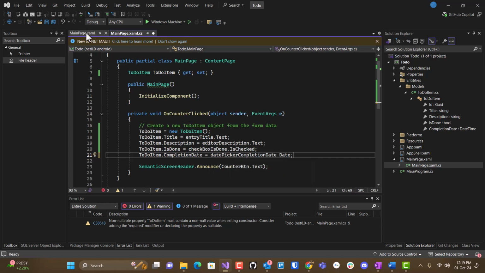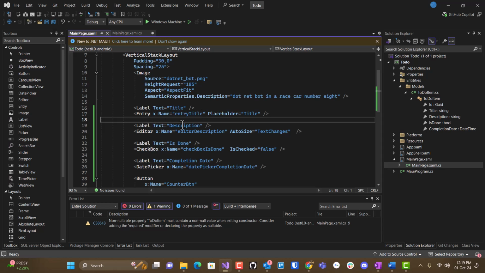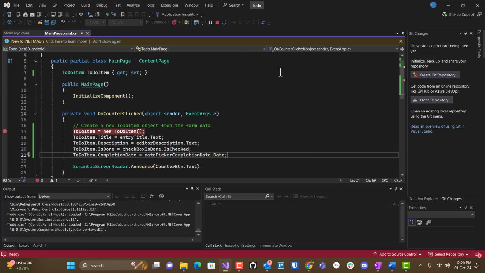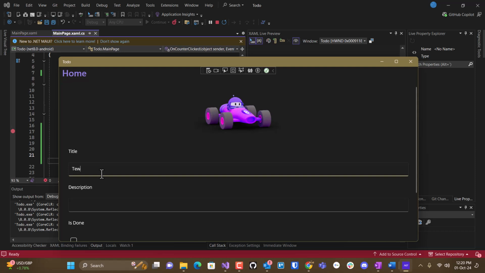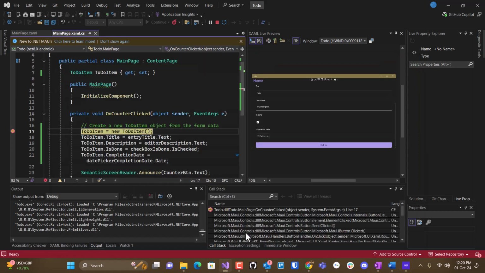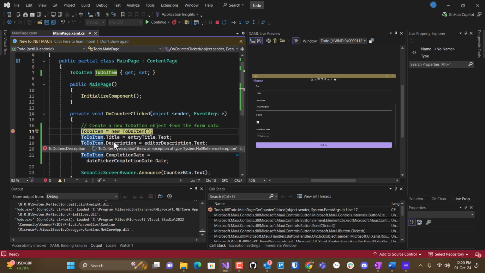So right now we're using the names. If we set an x:Name for our control, we can use different properties for those different types of controls to get the value out, and then we can store that in our object. And so just to see that happen, I'm going to put a stop point here and run in debug mode. And then I'm going to click this, and let's see what happens. So if I step through this,